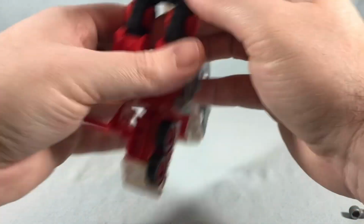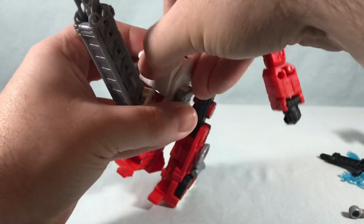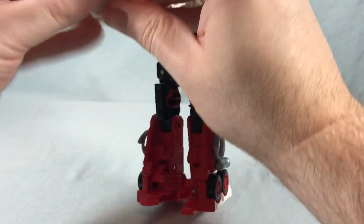Flip the feet around here. Flip this up. And then we have to reveal the head. Flipping this around, and then this needs to...